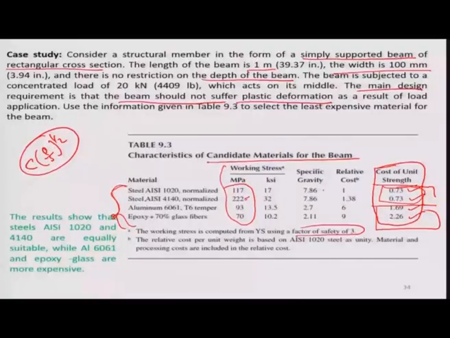Okay, till now we have already learned about the translation step and the screening step in the selection of material. Okay, now I am closing this module, and in the next module I will discuss the rest of the two steps that are involved in the selection of material. Thank you.